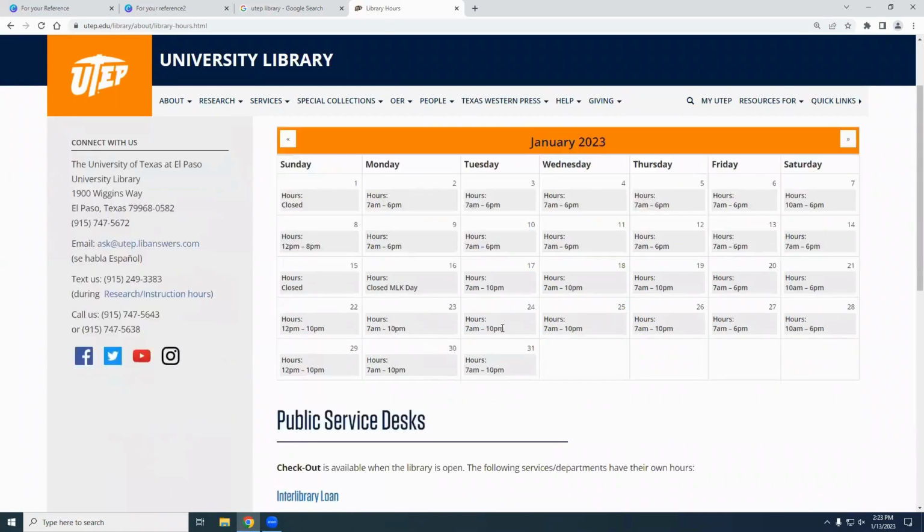The semester starts on Tuesday, so for this week we were 7 a.m. to 6 p.m., but next week we're going to be 7 a.m. to 10 p.m. And it's just easier to check the link than try to remember what our hours are every day.